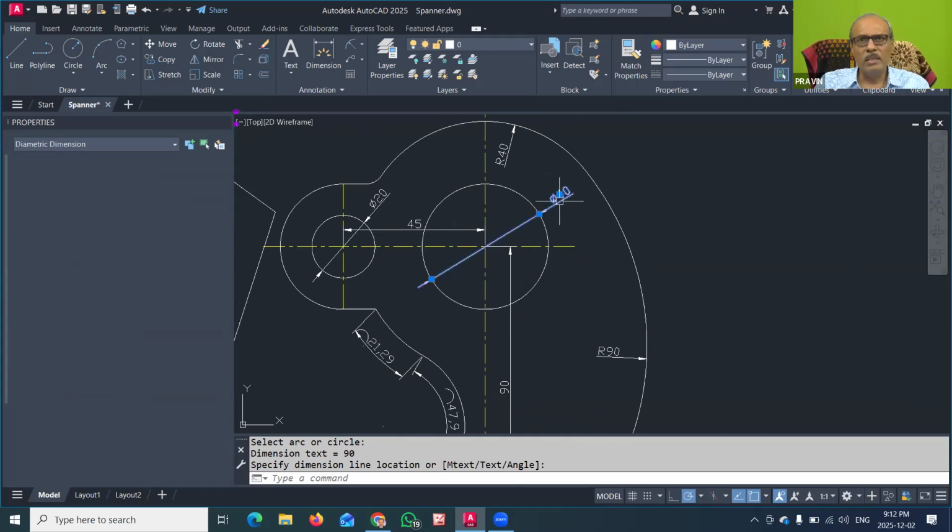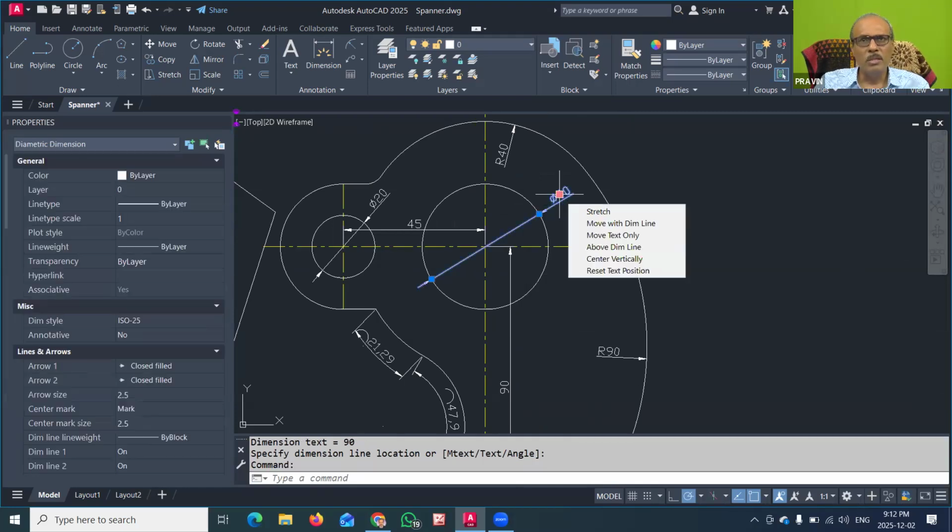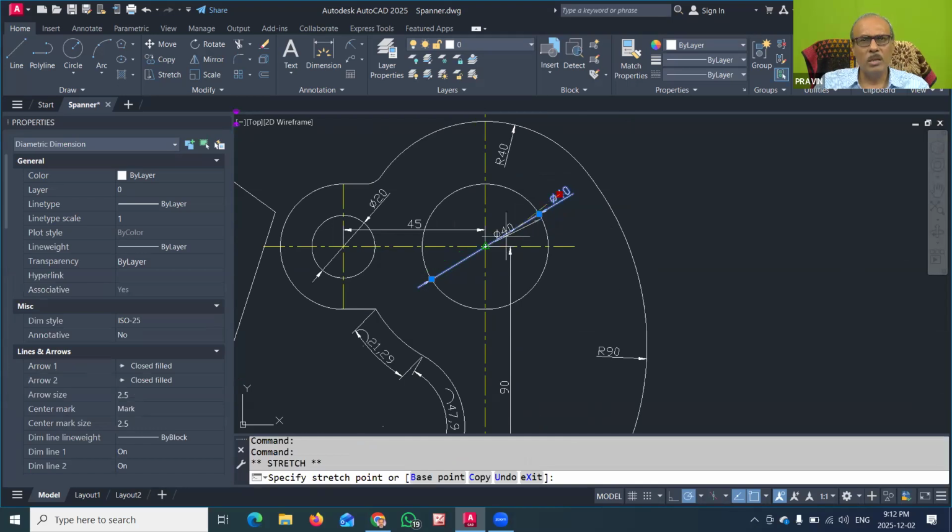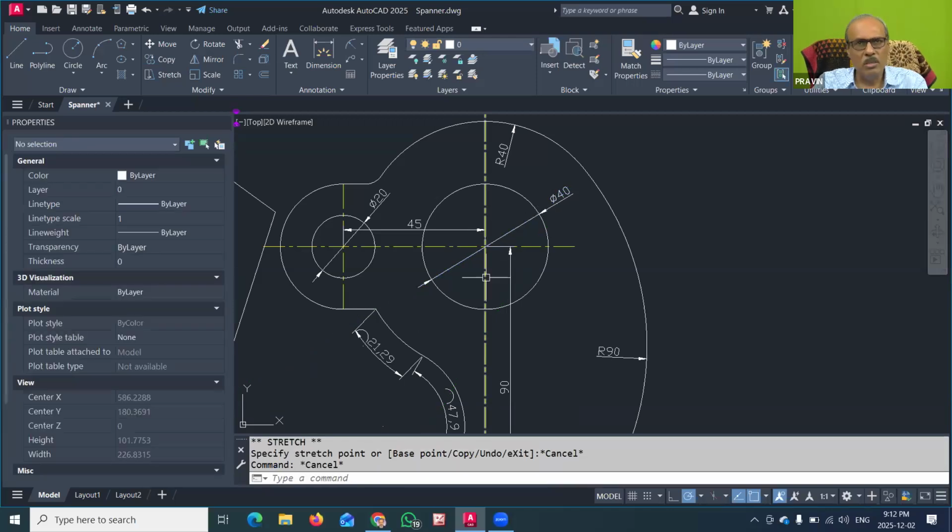So you can drag this diameter value inside the circle. You can just click it here. There you can see that it is going inside, but it is not getting properly fitted, so again it is better to go outside. Depending upon the dimensions available on that object, the diameter is shown outside the circle and the radius is shown inside the arc. That you also have to remember.